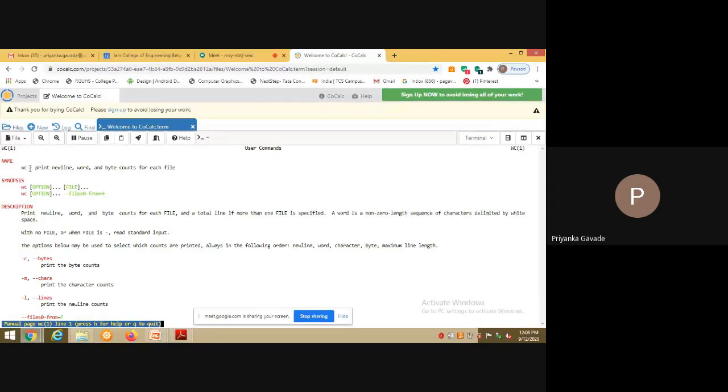WC is a command that helps us to count the number of words, the number of bytes, as well as the number of new lines that exist in each of these files, right? As soon as we run the man WC command, the entire man page for WC is dumped on the screen. Here we can see only the first page. See here, man page WC of 1. So only the first page of the WC command is being displayed to us, right?